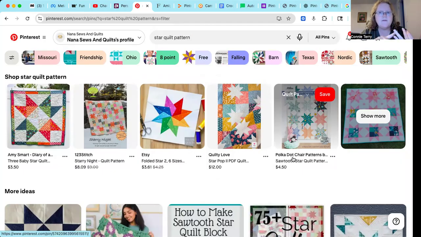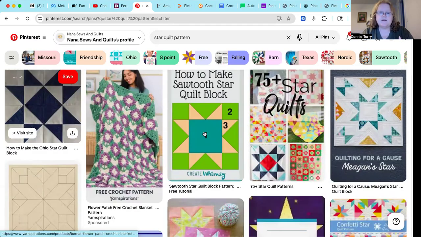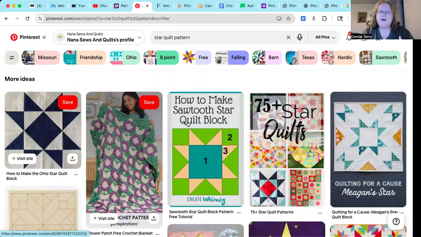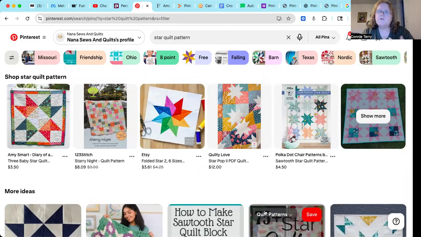Either one of those, you will end up starting to show up even above other blog posts. They've got a shop button and then they've got other ideas. And you've got people who may not be ready to buy a quilt pattern right this second, but they're ready to learn more about star quilts. How hard is it? All the things, okay?